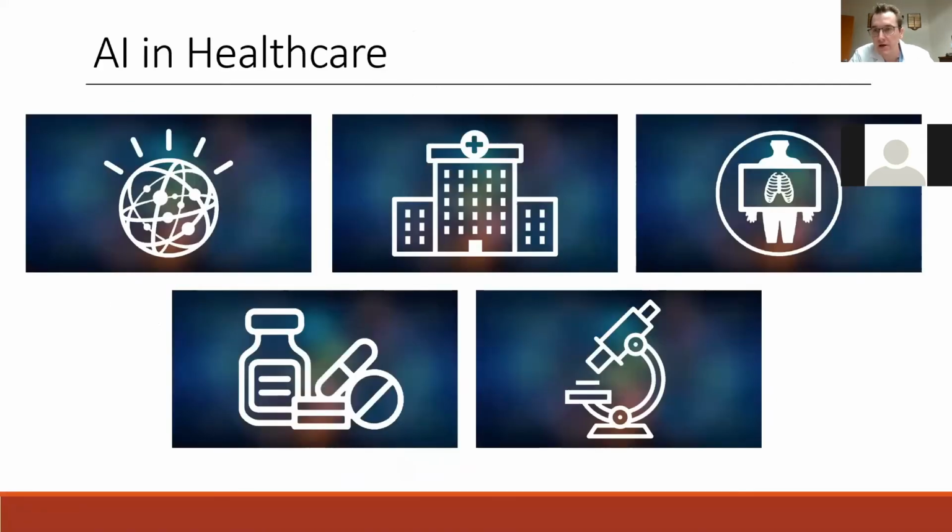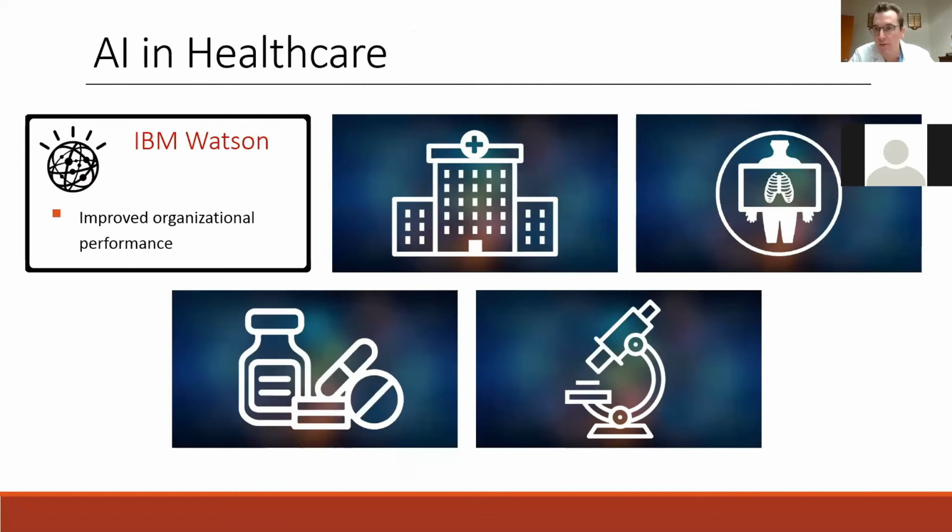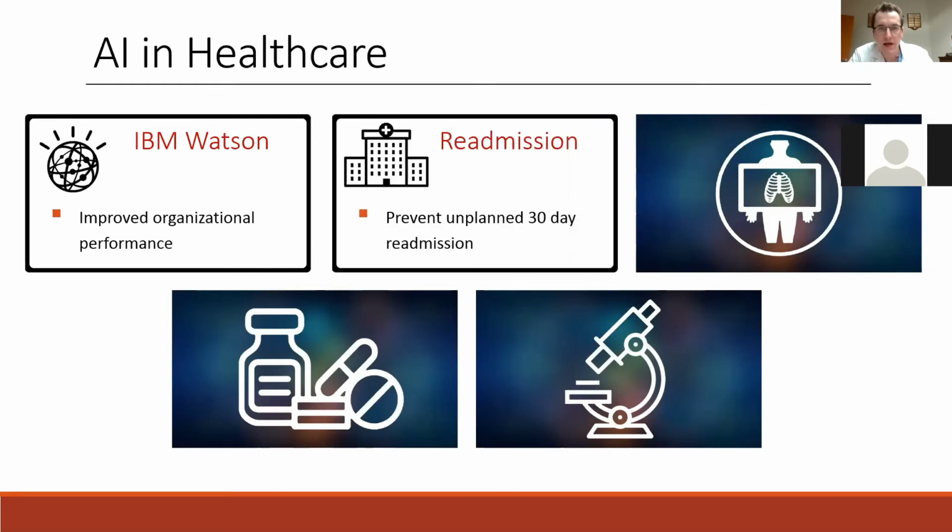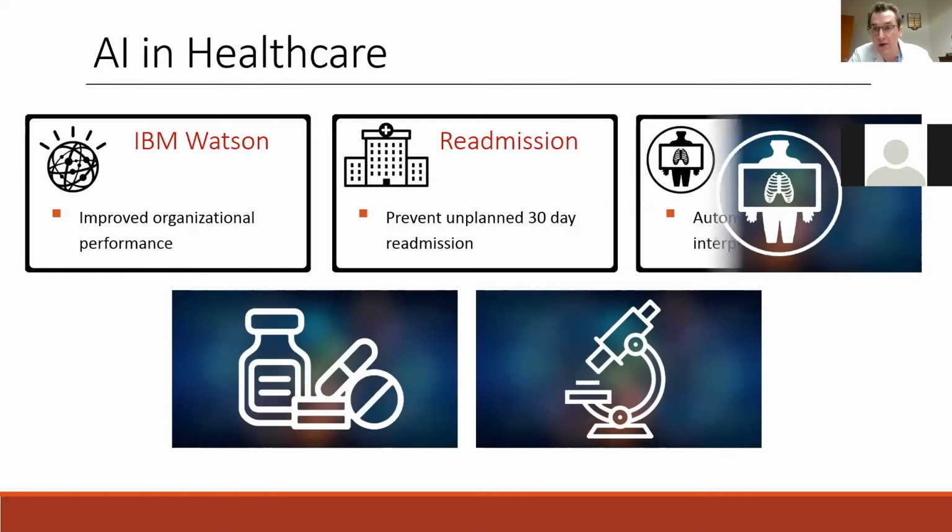All right, so how is AI useful in healthcare? Let's look at this first one here, IBM Watson, a very big public consciousness for this entity. And really it's been great for improved organizational performance and actually to bring AI to the forefront. We look at readmission, unplanned readmission risk calculators. We use them here at Cleveland Clinic. They're used throughout the world now, and they're getting better all the time. They model big data and help clinicians understand which patients are most likely to come back.